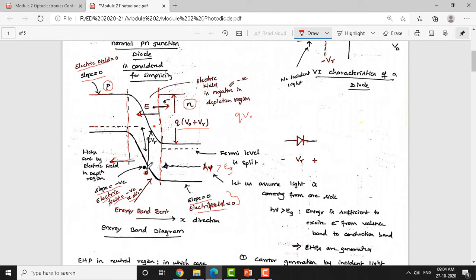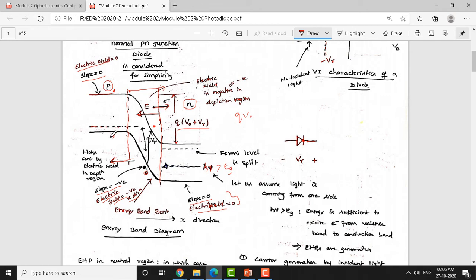Okay, and we have seen already, even if electron hole pair formation takes place here, what is going to happen? Suppose there is an electron here in the conduction band and a hole here in the valence band, in the neutral P region. The diffusion process itself will push this carrier here. Suppose the electron comes here due to the diffusion process, it will in turn be pushed into the N region. And the hole, again, the field is acting from N to P,